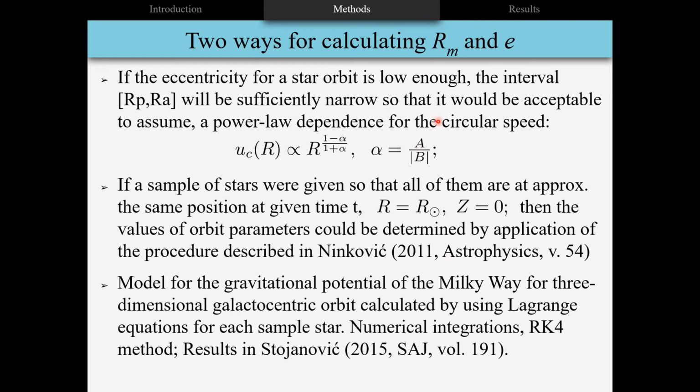And in case of spherical symmetry, these quantities are actually exact integrals of motion, because their consistency follows from conservation of energy and angular momentum. So if a sample of stars were given so that all of them are at the same, or approximately the same, position at a given time,